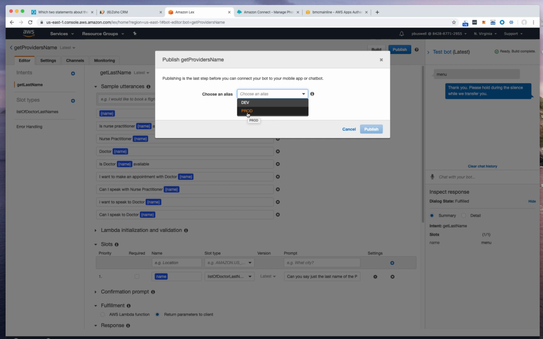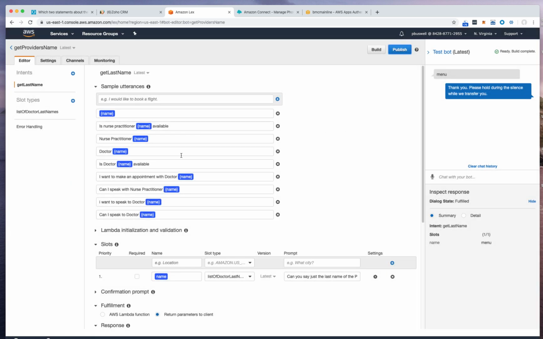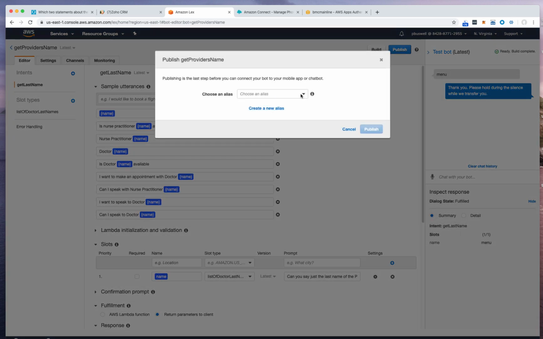You'll see a place where you set the alias, and you want to make sure that you set it to the right alias. So let's summarize. If you make a change in a slot type, it will be versioned here. If you publish it, you may or may not get it published to your current version of the LEX bot. To make sure it is, please select latest here and latest up here, and make sure you know what alias